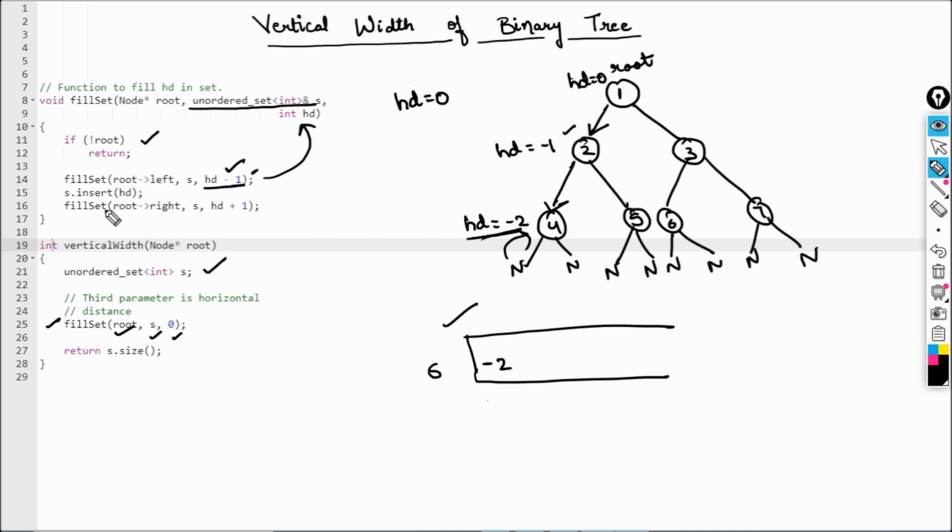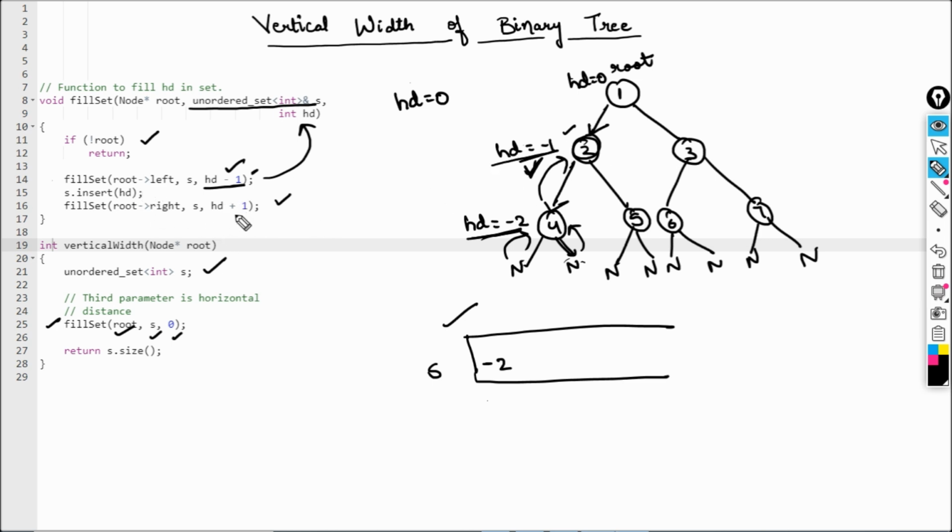Okay, so now it will make a call on the right side. It will go to the right side and it is again null. As you can see, if root is null, we have to return back. So it also returned back here, right? Now from here you return back again. Now you're here. The left part has been handled. Now you need to handle the right part. But before that, you have to do this thing.